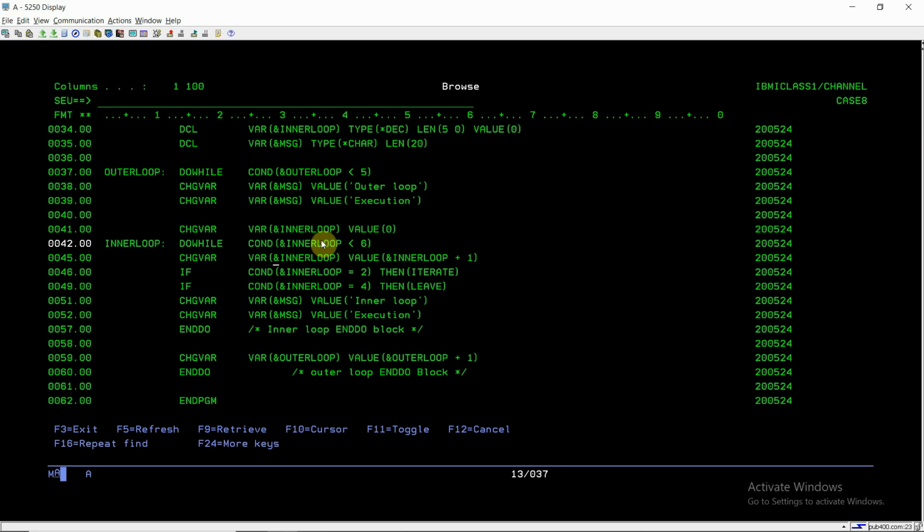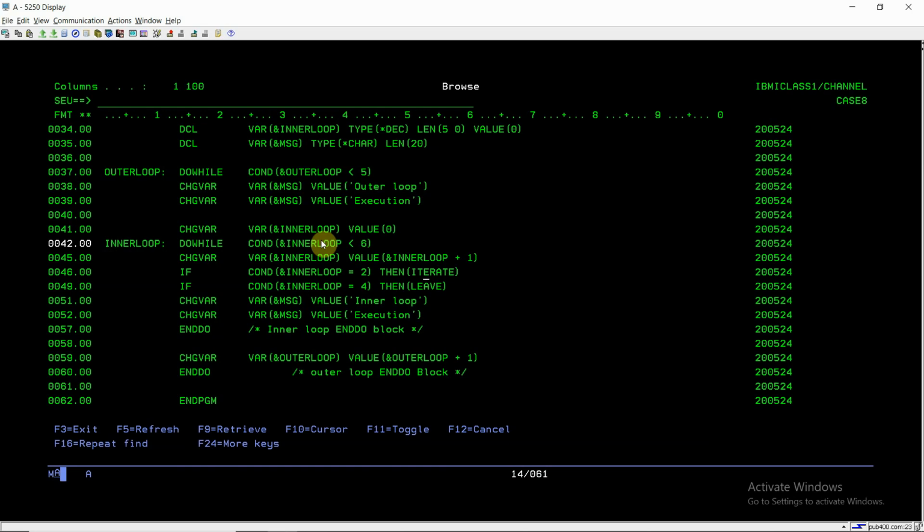If we see, there are two command labels, outer loop and inner loop, used here, but they are of no use right now in this particular example. So we are not going to use these two command label parameters here. This is a very simple program where we use leave and iterate only.